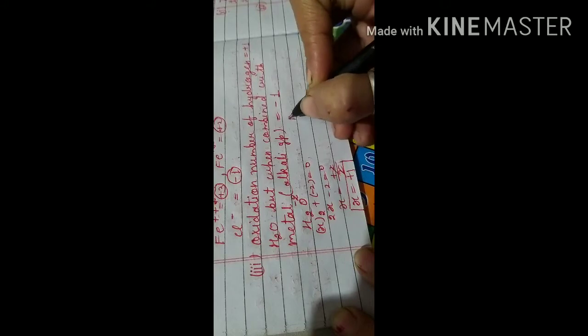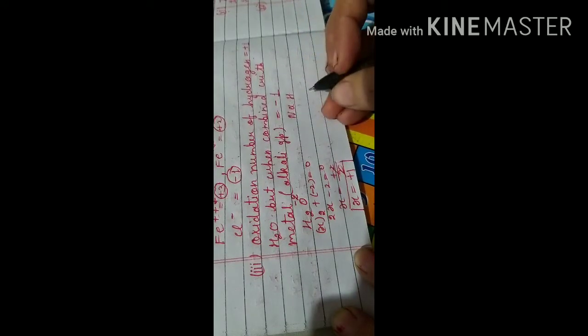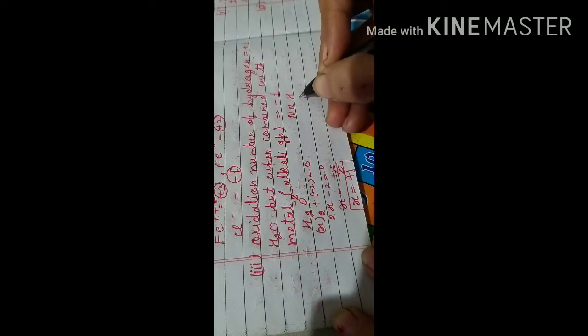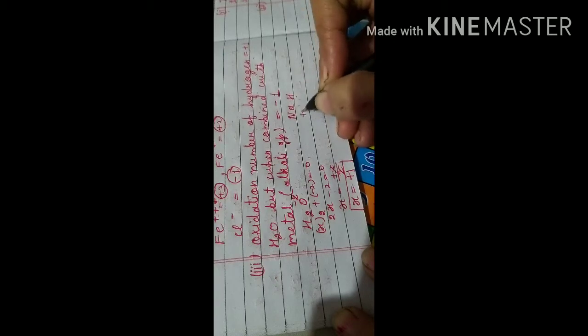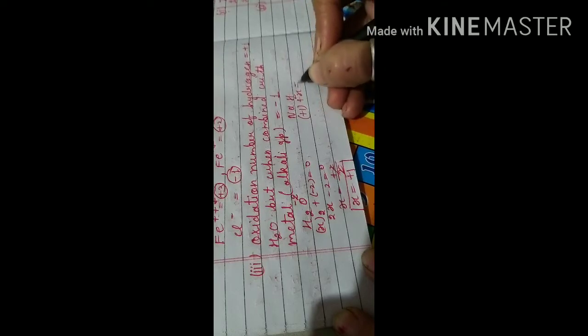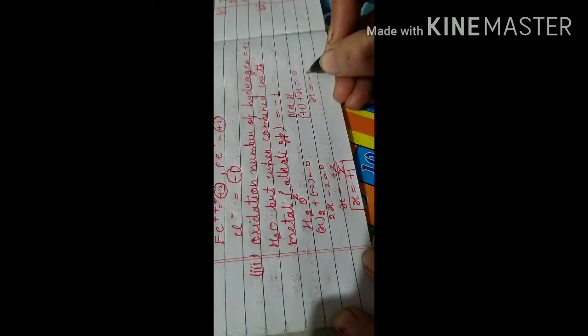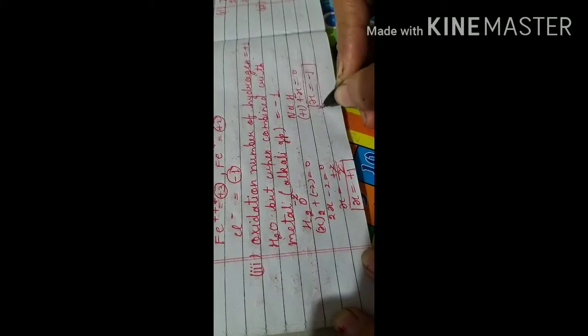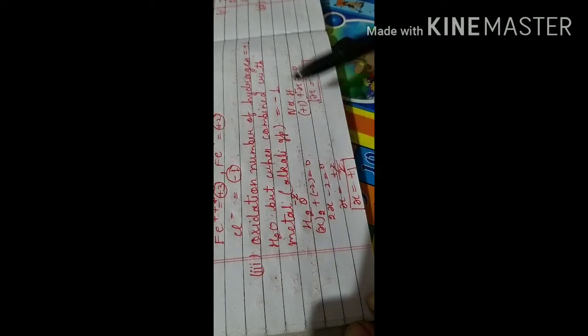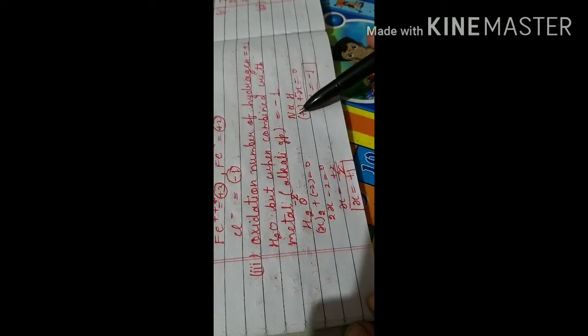But suppose it is linked with a more reactive or more electropositive element, in that case hydrogen becomes less electronegative. So here, as we have to find out the hydrogen, the sodium oxidation state is plus 1, and now x, the hydrogen, plus 1 equals 0. So x equals minus 1. Here you have to understand, especially in terms of hydrogen, hydrogen shows a dual behavior. When it is linked with a more electronegative element, it behaves as electropositive. When it links with a more electropositive element, it behaves as electronegative.